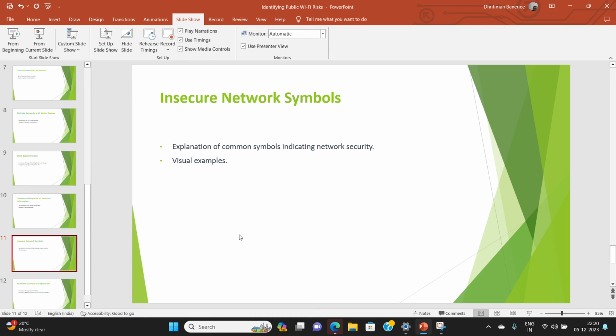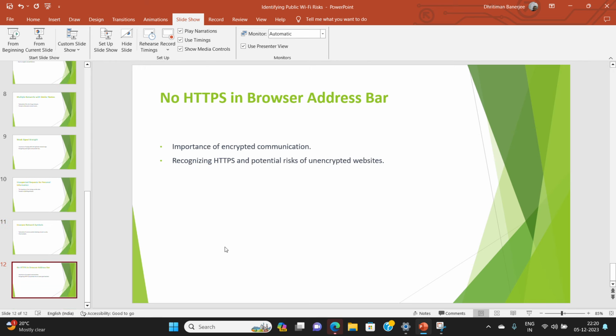An open padlock, a yellow triangle with an exclamation mark, or a not secure warning are all symbols. Some web browsers show a not secure warning in the address bar, which indicates the connection to the website is not encrypted. This is how you can identify an unsafe network.